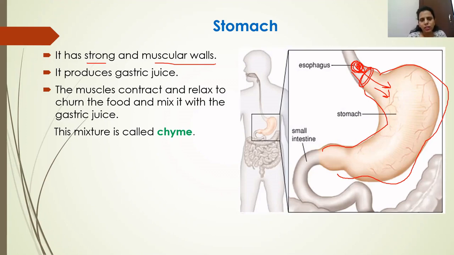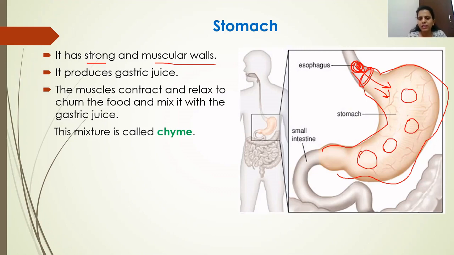Mechanical digestion is digestion in which large pieces of food are broken down into smaller pieces so that the surface area of the food can be increased and enzyme action can become faster or easier. In mechanical digestion, there is no chemical change, just large pieces of food broken down into smaller pieces. Now, when these large pieces of food come to the stomach,